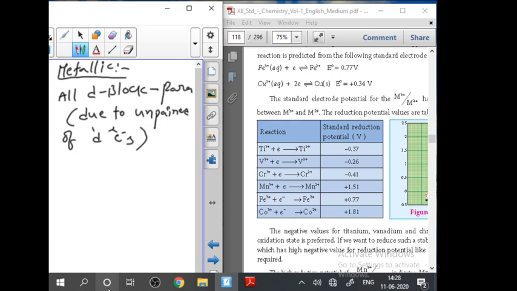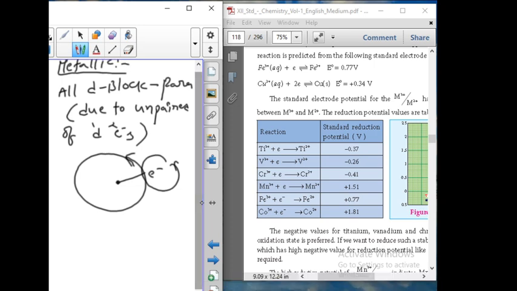Generally, elements can show magnetic properties because of the motion of electrons. An electron revolves around the nucleus in a circular path, and the electron itself can spin either clockwise or anti-clockwise. That is called the spin quantum number.